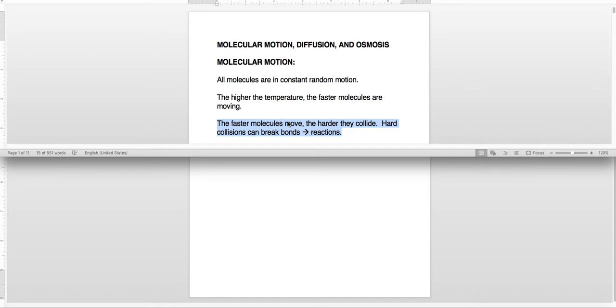And when things hit each other moving faster, there's more force involved than when they hit each other moving slower. You can think of this like you would think of a car accident. If two cars hit each other going only 5 miles an hour, there probably won't be a whole lot of damage to the cars, not a lot of breaking. But if two cars hit each other going 50 miles an hour, there's going to be a lot of damage and a lot of things are going to break because there's a lot more force in a 50-mile-an-hour collision than